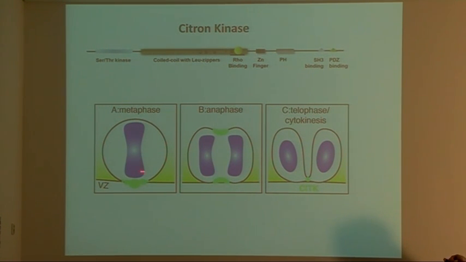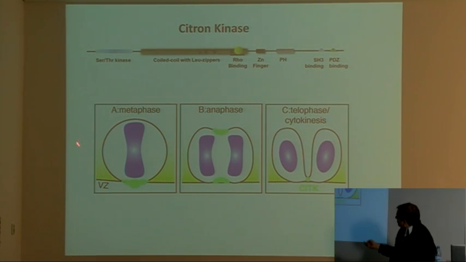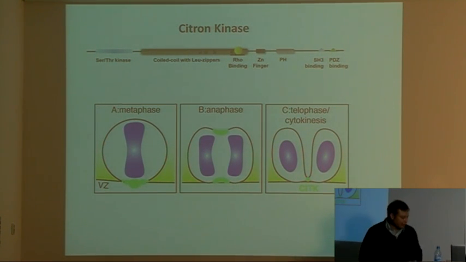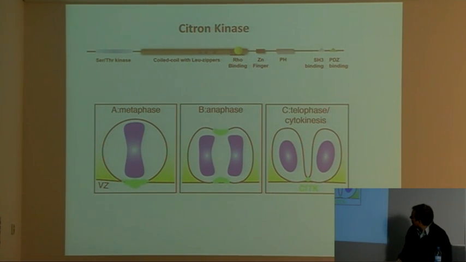And what we know through antibody studies is that it has a very conspicuous expression pattern, so that the protein during metaphase polarizes to the ventricular zone surface, where all of the progenitors that will make pyramidal neurons in the brain are generated. It then becomes localized to both sides of the cytokinesis furrow and ends up right at the mid-body junction, where a cell will ultimately undergo